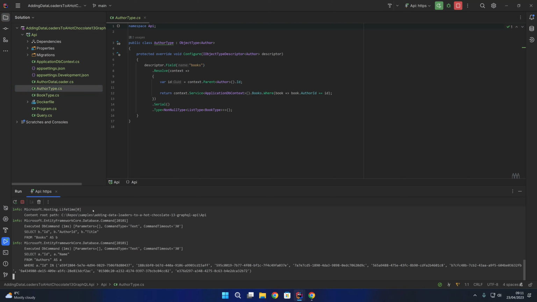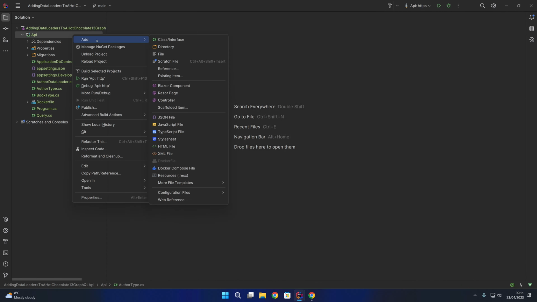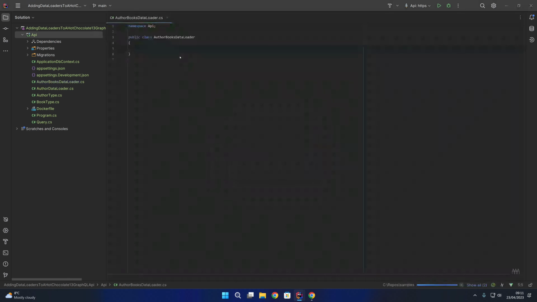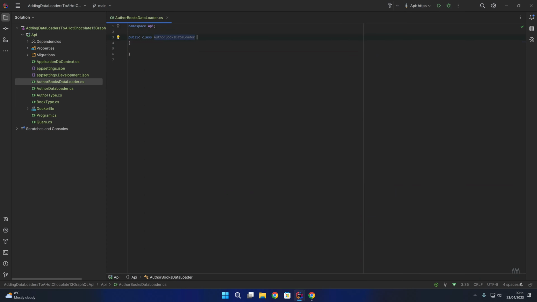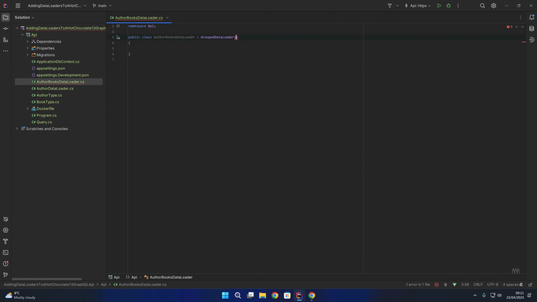So what we'll do is we will terminate that, and we will now create a grouped data loader for our author type resolver. So what we're going to do is we will right click API, we're going to add a new class, and we're going to call this author books data loader. Add it into version control, and this is going to extend the grouped data loader class,